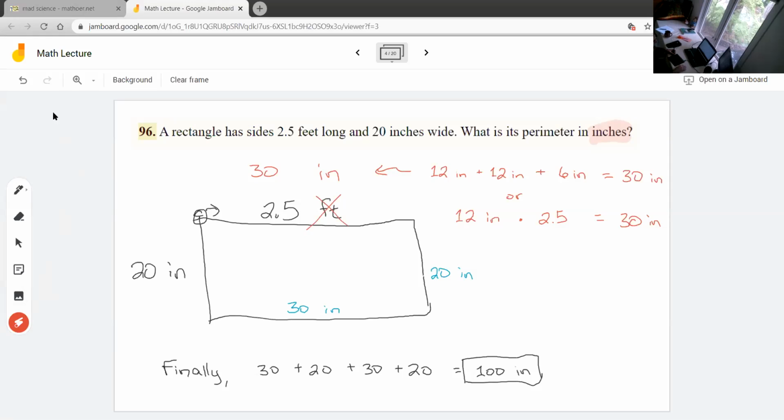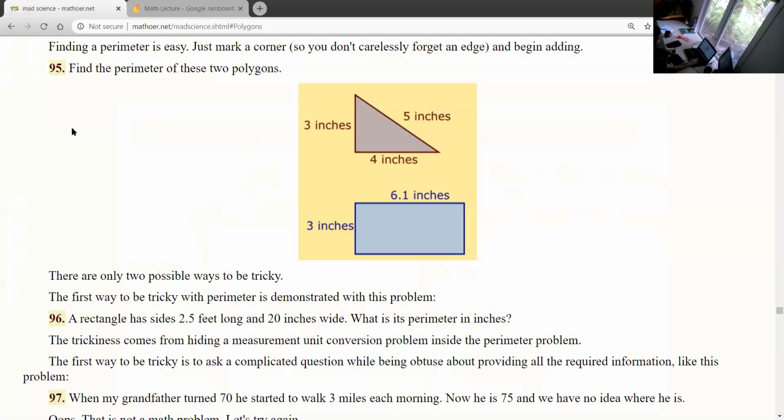So the tricky part here had nothing to do with perimeter. It was just that they wanted you to change one unit into the other before you started. The perimeter part was exactly the same boringness of adding up numbers. Any questions about 96? Okay, then